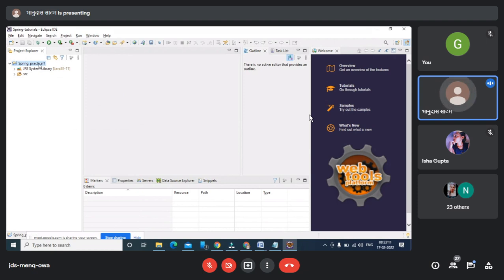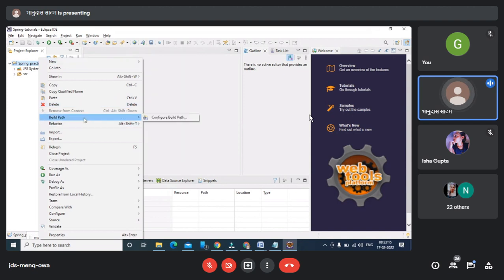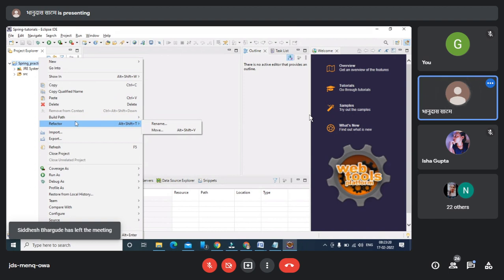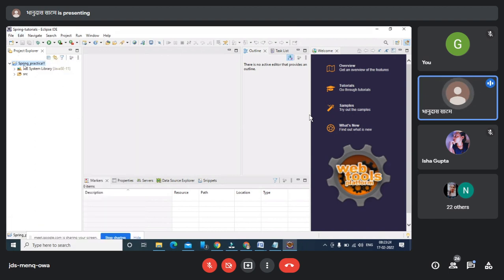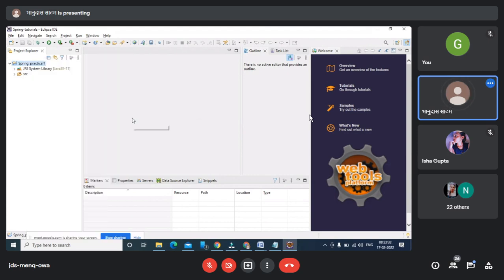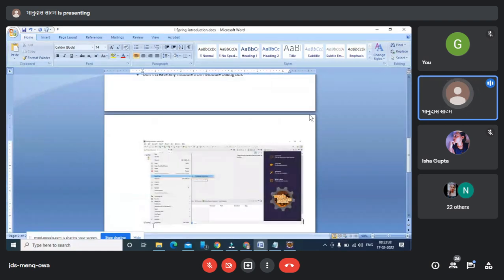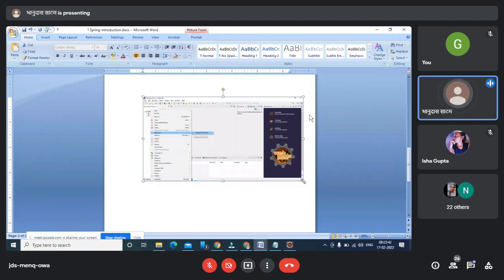I'm pressing right click, then from the Build Path option I'm choosing Configure Build Path. Okay, so here I'm showing a Configure Build Path screenshot, so you can choose those options from here.